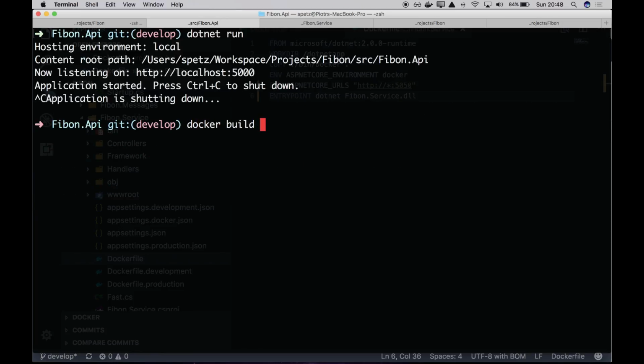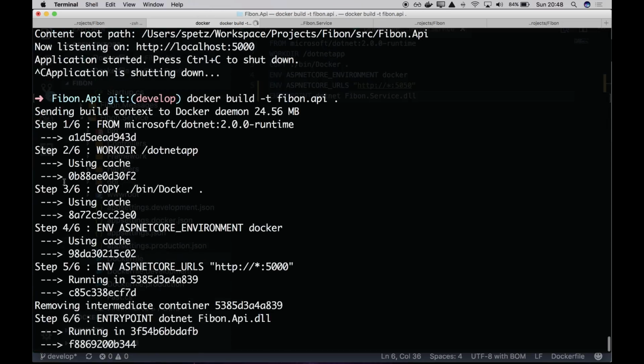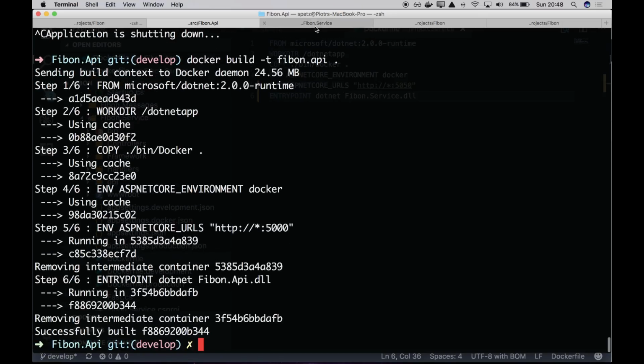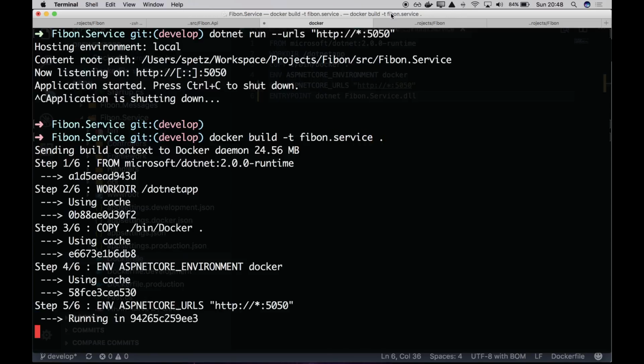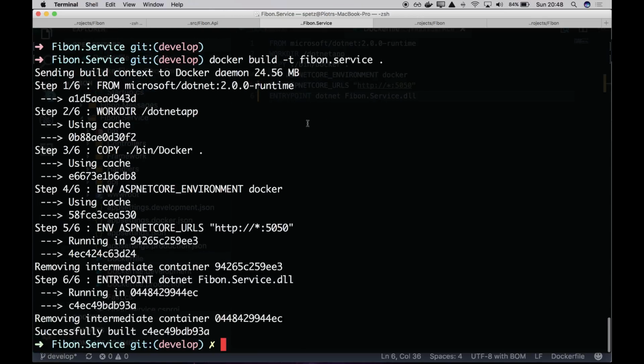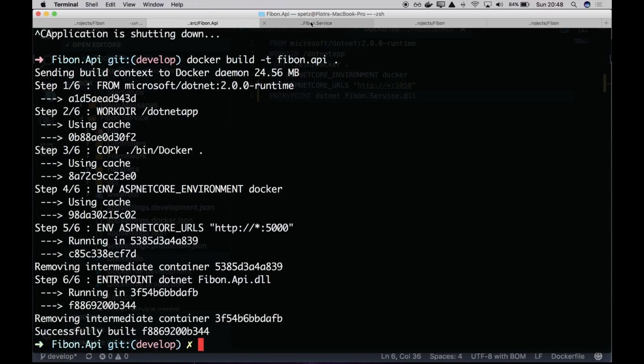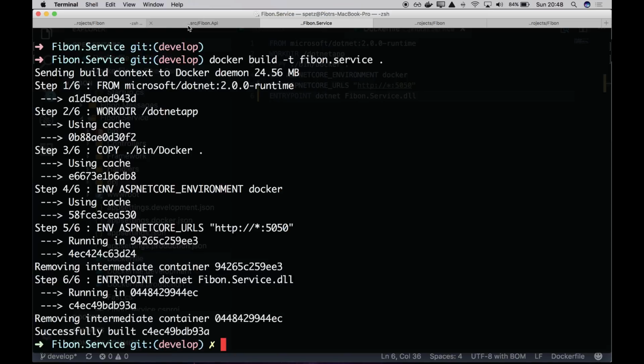And I just want to have a tag, like a name for my image. So I just type Fibon API, and then I type the dot as my directory in which the Docker file resides. So it built my Fibon API, and I can do the same for my service. So I'll just say I want to build a Fibon service dot. Okay, and that's it. We have the API, we have the Fibon service, and we could actually run it now,